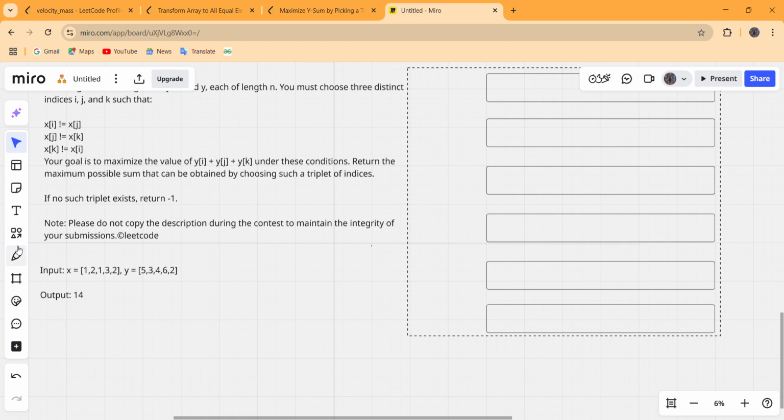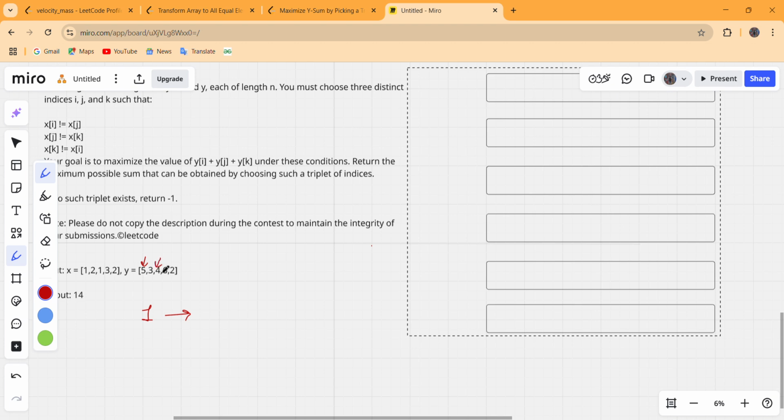So basically we have to maintain some data structure corresponding to the different distinct values possible. For 1 we have two possible values, this 5 and this 4.